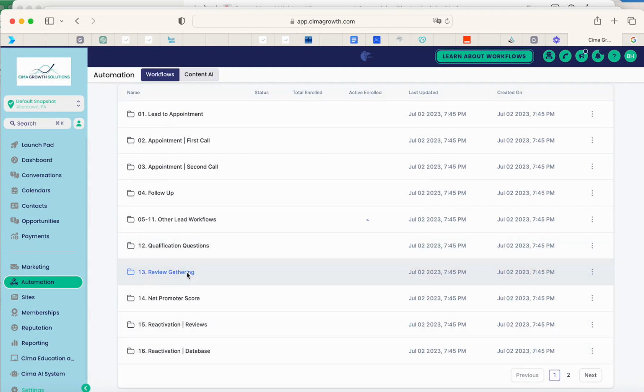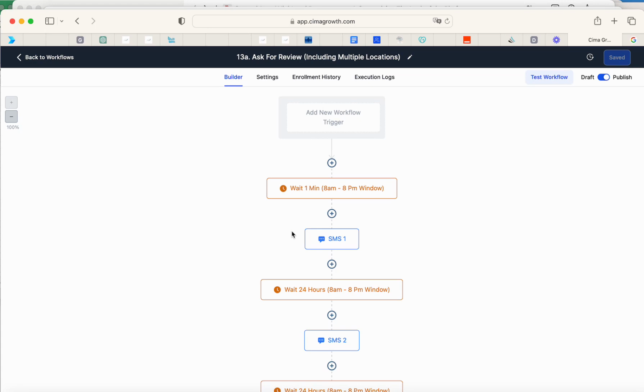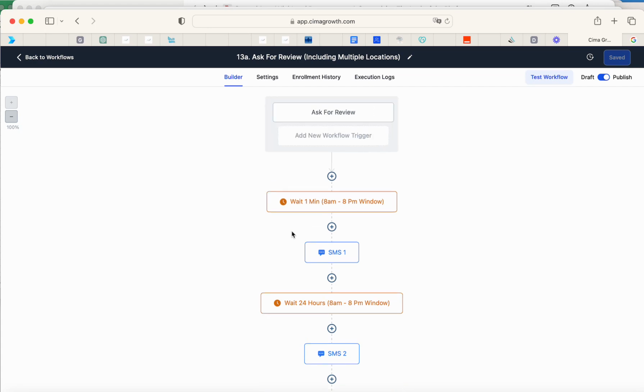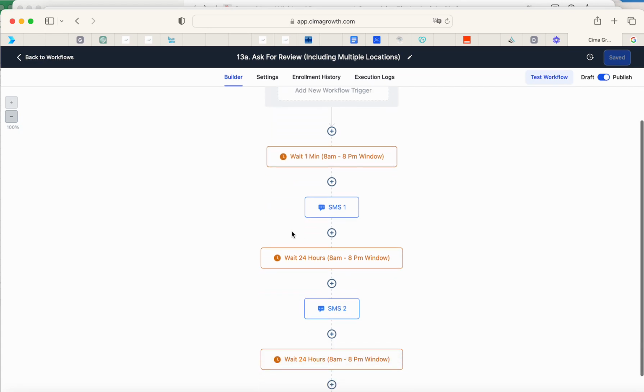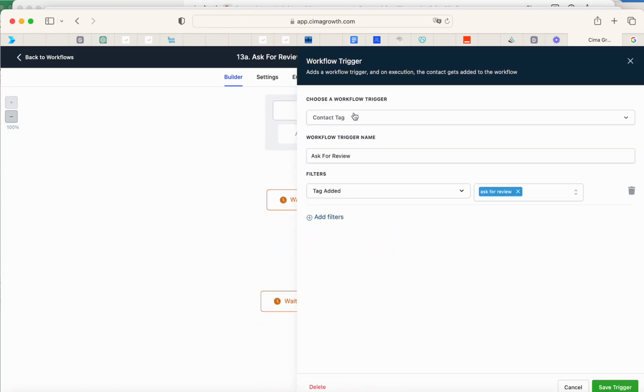But here we have a review gathering process, including multiple locations. So if you have multiple locations, I can set up a separate account for you, and then you can actually manage reviews for multiple locations. What this is going to do is, even if you don't have multiple locations, let's say that every time you have somebody become a patient, you want to send them